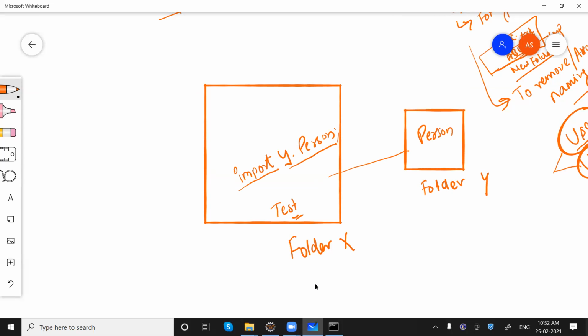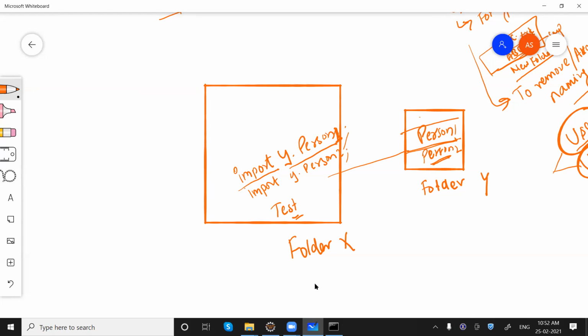But for example, there are a number of classes: Person1, Person2. If I'm writing Y.Person1, I will be able to access only Person1, not Person2. So if I want to use this as well, I need to write again import Y.Person2.